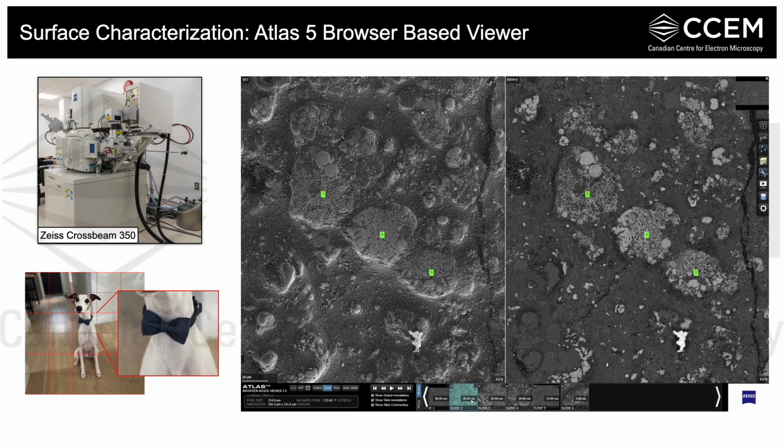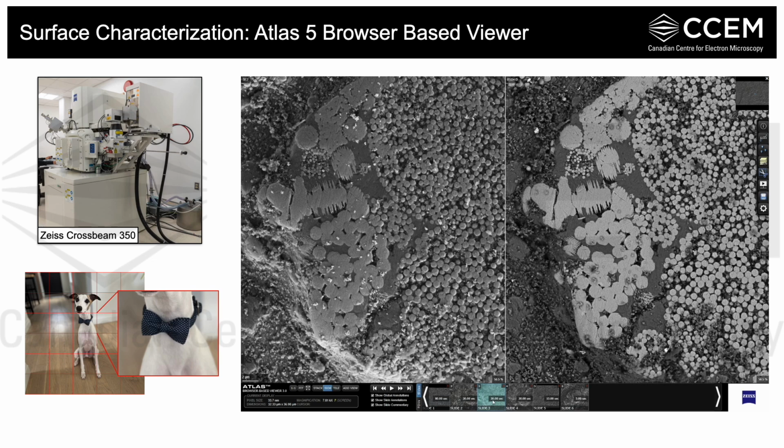And depending on the data that we've stitched together, we can zoom in even more, and now we can see submicron textures of the matrix. We can see different textures and sizes of the rhomboid grains themselves, and we can see that there are even some smaller submicron structures. So in a way, I've created kind of like a guided tour through my data where I can quickly zoom in and out to different length scales, gather whatever spatial context I need, and can do this at any position in my sample.